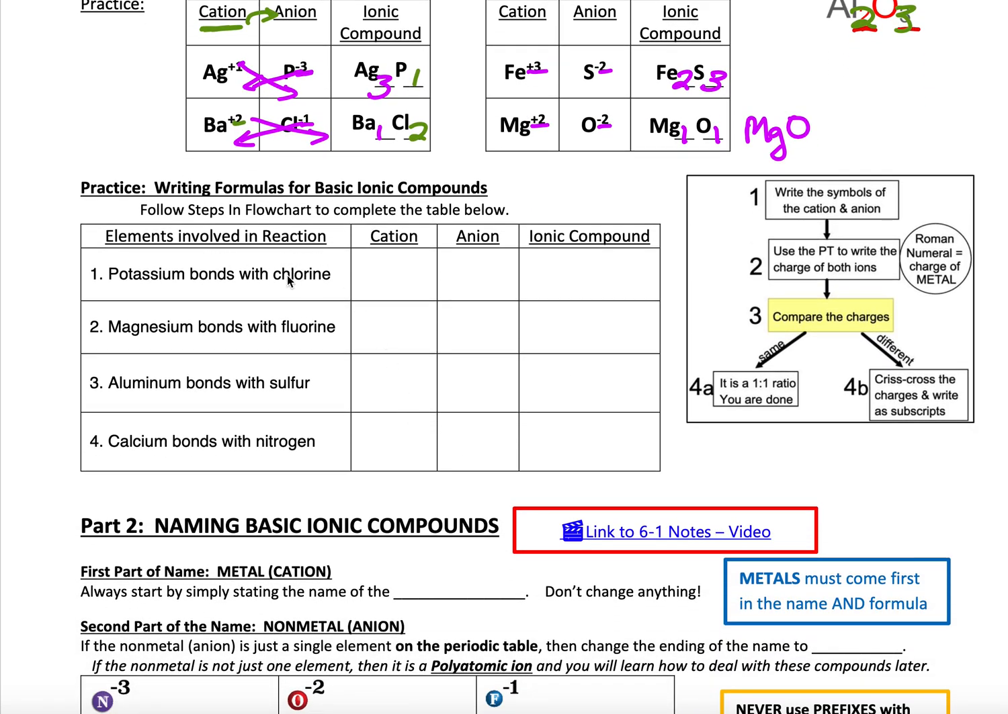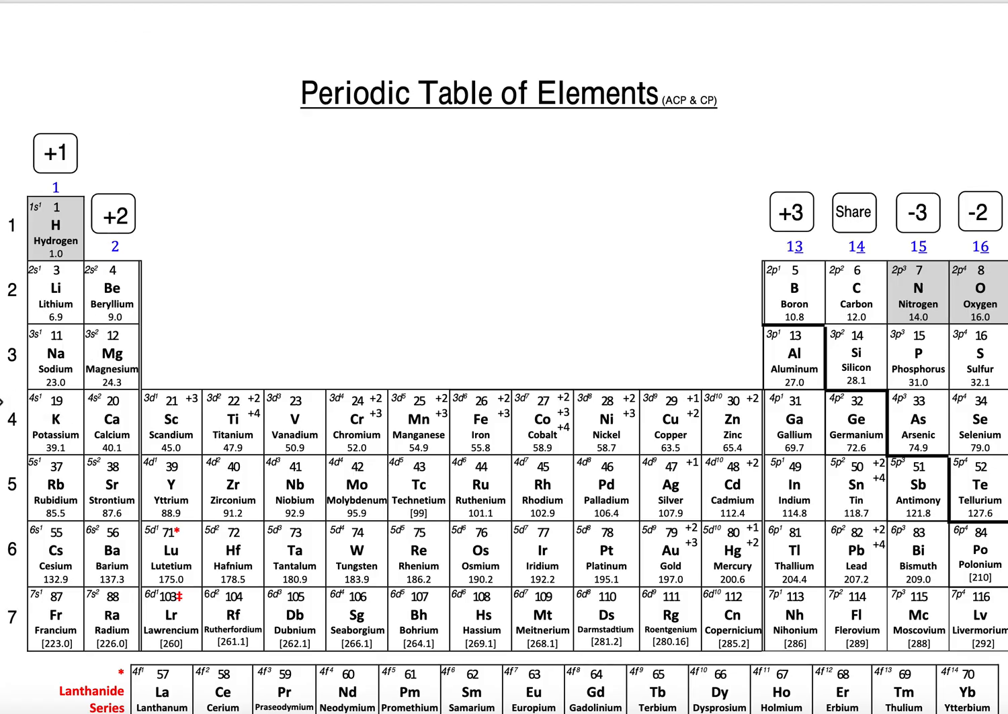All right, let's just practice real quick. This is where you need to look at a periodic table because you may not know the charges of things. So the first thing you do is write the symbol of the cation and the anion. So cation for potassium is K, anion is chlorine, Cl. The next thing you do is look at a periodic table. Unless you know off the top of your head, believe me, you're going to learn some of these quickly, but unless you know the charge, you got to pull out a periodic table and figure out what charge do these guys make. So here's potassium,